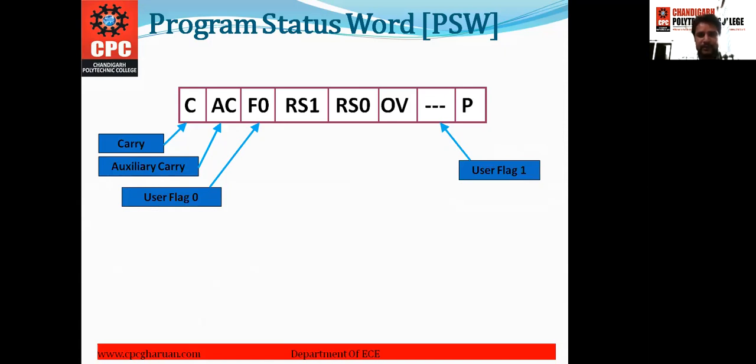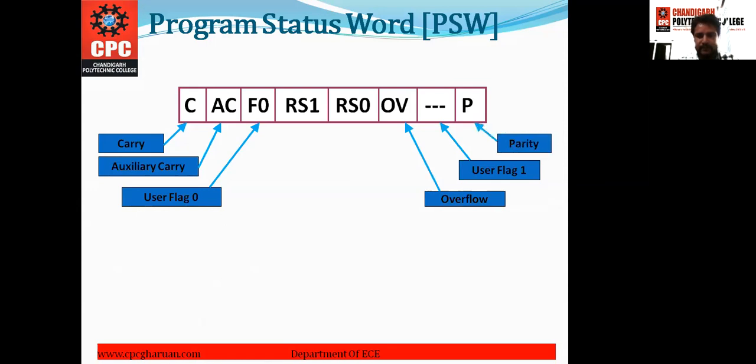These are for general purpose. Next is the overflow flag. If the result of any arithmetic operation is greater than its size, or greater than 8-bit length, then this flag will show a high status in PSW.